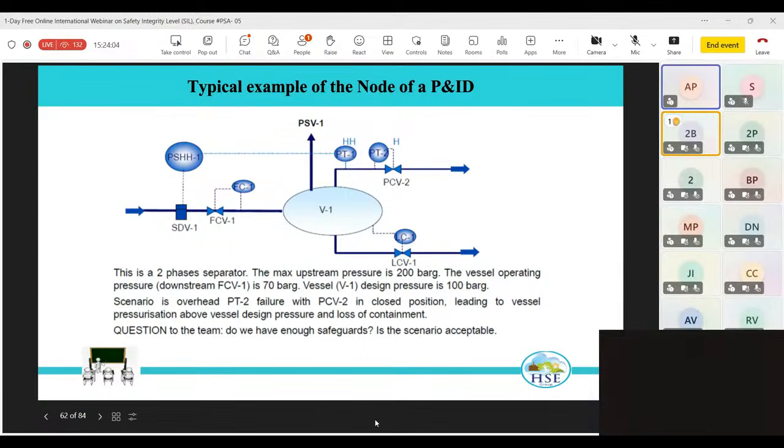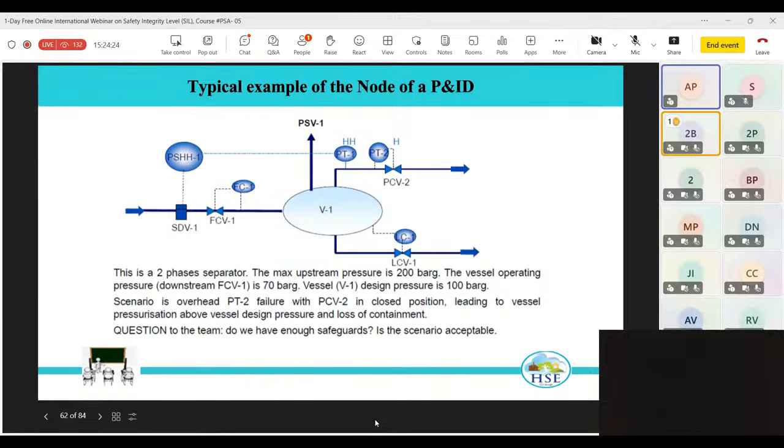So this is a very sort of catastrophic event likely, and with this catastrophic event in mind,